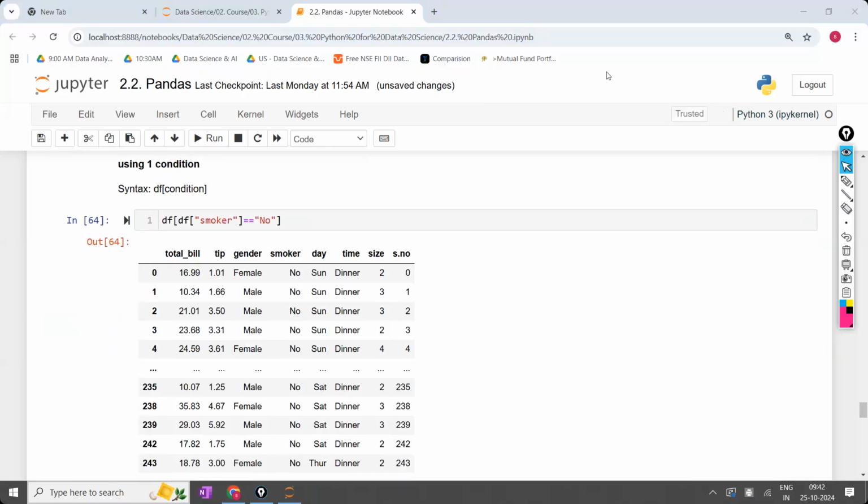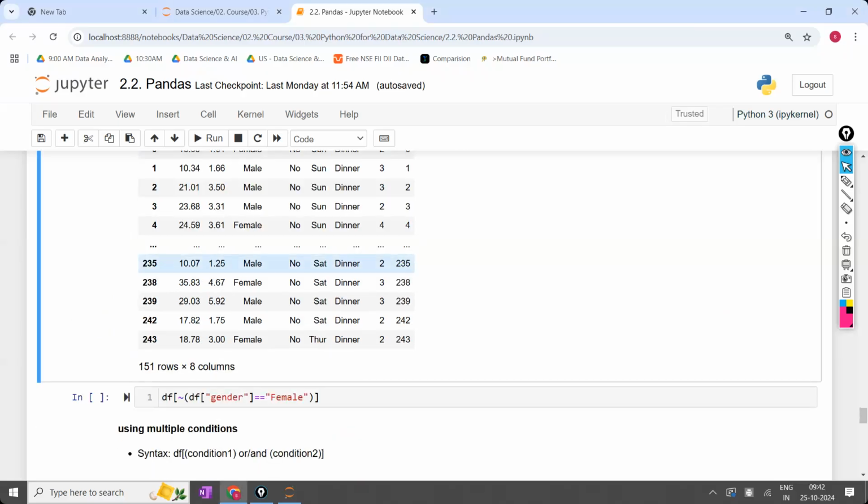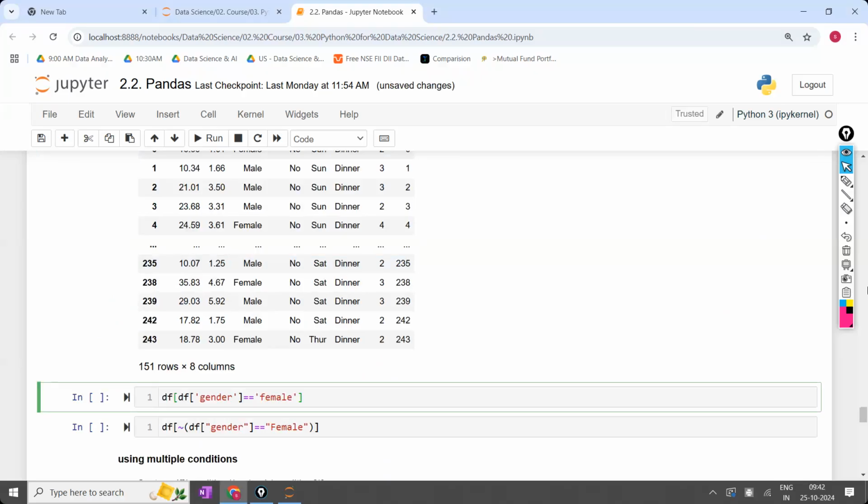Now one of the students is asking a question in the chat box. Sir, df of df, what is this of female? What is the meaning of this? Tell me guys, what is the meaning of this? In the last class, tell me. Okay, just let me ask this student only. Ankur, first can you tell me